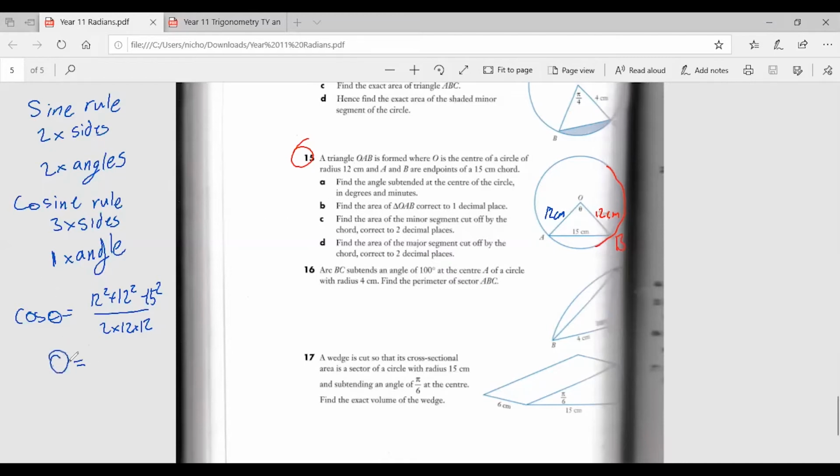Perfect. So that implies that theta is equal to 77 degrees and 22 minutes, and that is correct. Cool. Does that make sense? Yeah. Now B. Find the area of